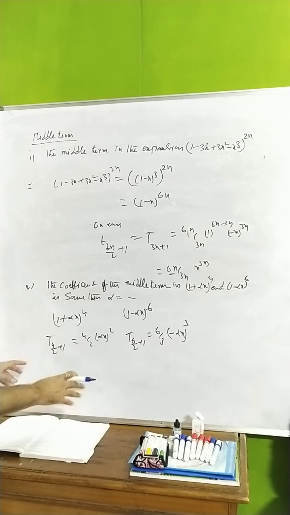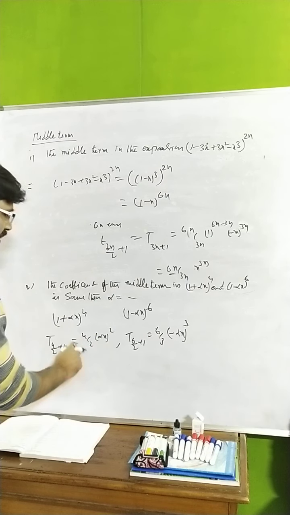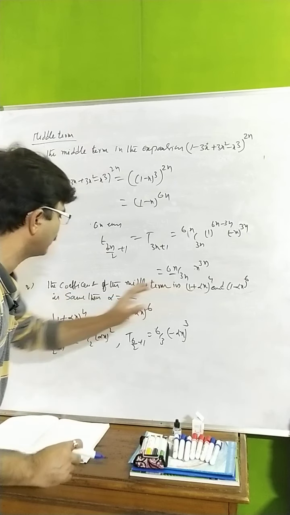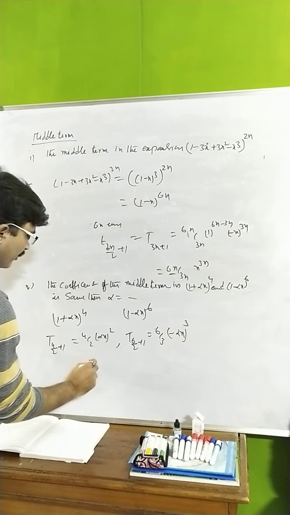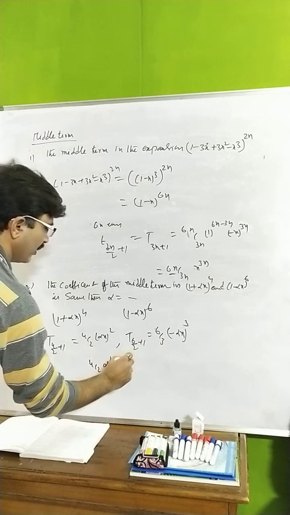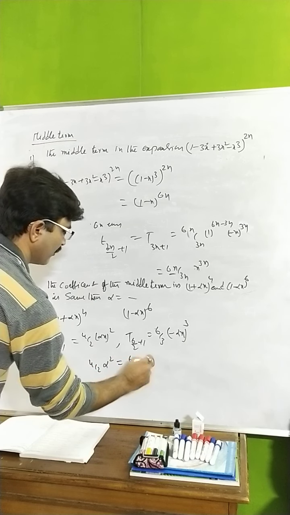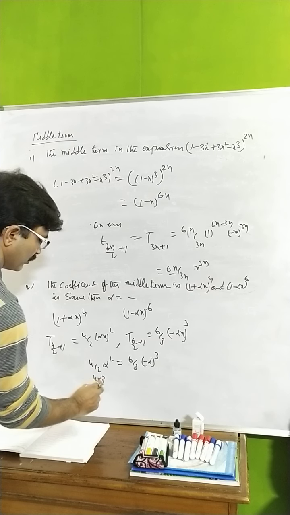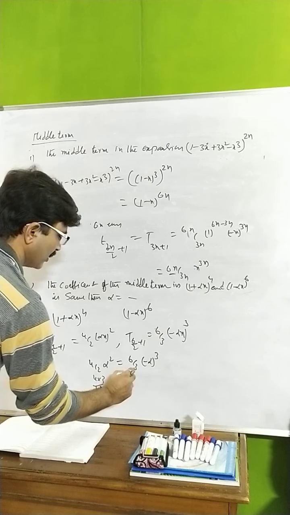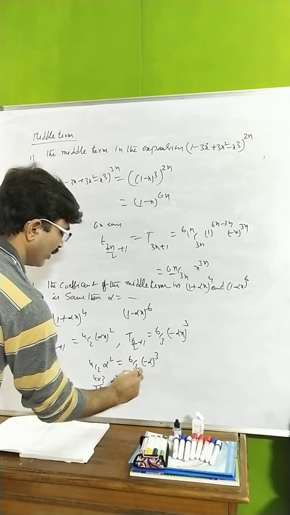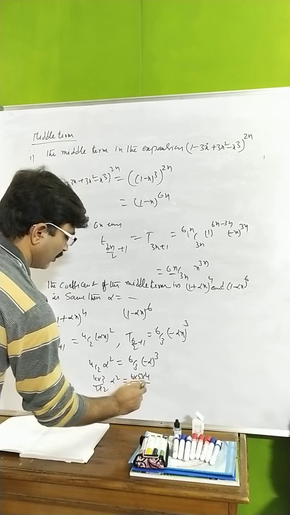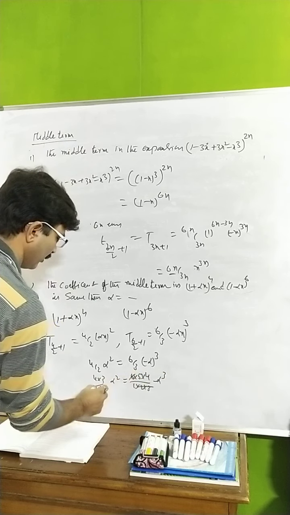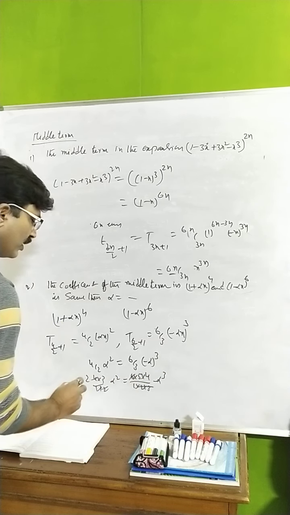What he said here, the coefficients are same. So we should not take the variables, only the coefficient. You see here coefficients of the middle terms, he said same. That means here 4c2 alpha square, whereas here 6c3 minus alpha cube you have to take. Now 4c2, 4 into 3 by 1 into 2 alpha square. This is 6 into 5 into 4 divided by 1, 2, 3, and here alpha cube with minus. So this and this gone. This you can cut off too, right?